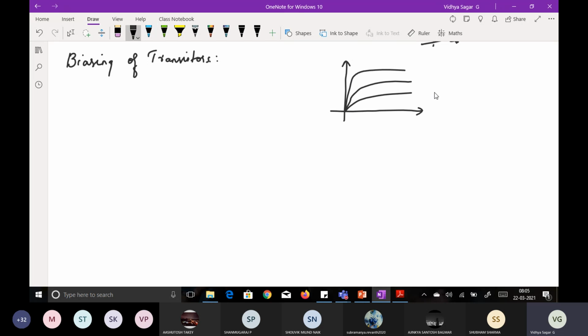So this is one way of characteristics we got. The other one, you got something like this, a constant. Fine. So this we call common base, common emitter, where the current is almost constant. Here the current is not constant. So here you could see IC is equal to beta times IB in common emitter, whereas here IC is equal to alpha times IE, almost equal output current. Exactly. So depending upon the characteristics, we are going to apply it in different applications.